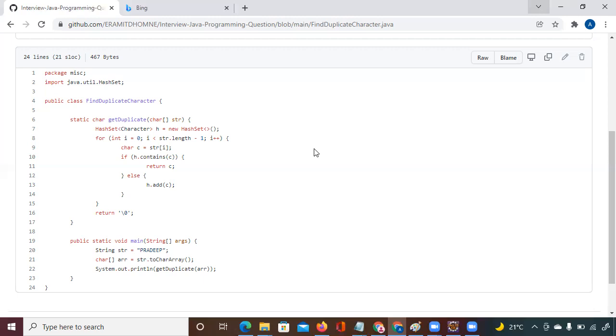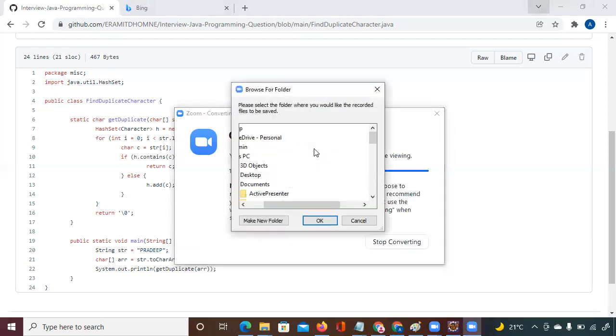It is again optional. If you want to create directly like public void function or void function, you can do that also. This is another variant of creating a function. Static char get duplicate is accepting a parameter of string type, which is an array type. Str is a string array.